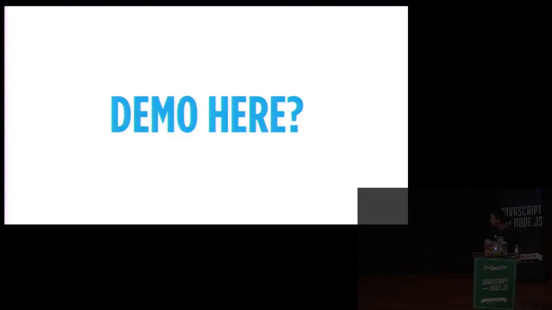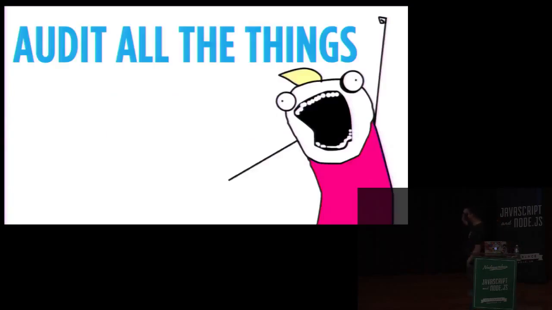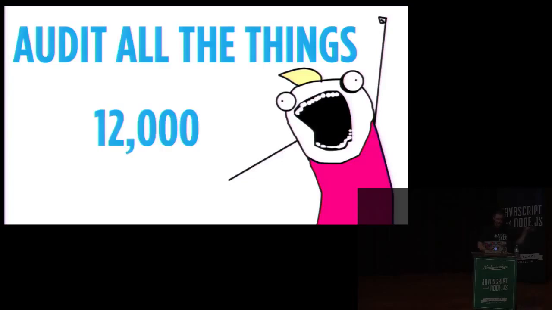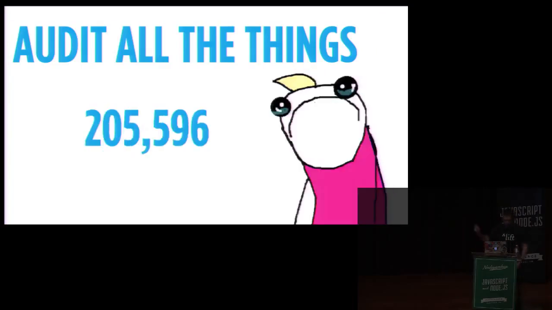So, I made a claim when I started the Node Security project that we were going to audit all of the things. This was the big claim that I made when I started the Node Security project, because I said, okay, we've got this playground, we got this self-contained thing where all the code's being published and shared. I can just skip through it and find bugs and help people fix it. Well, there's 12,000 things in the registry at that point in time. Now there are this many.